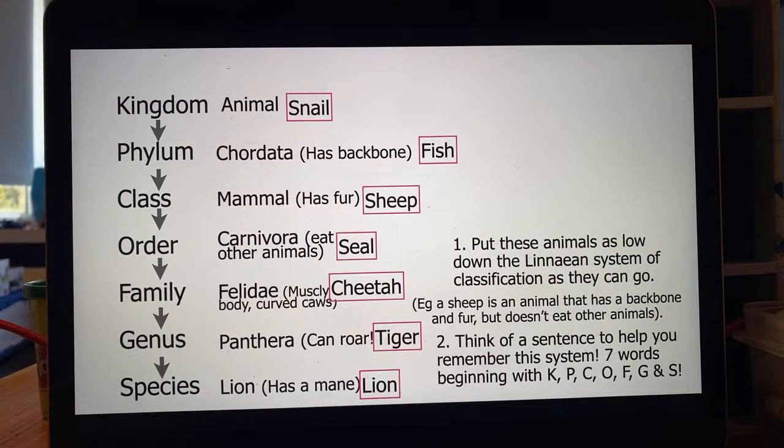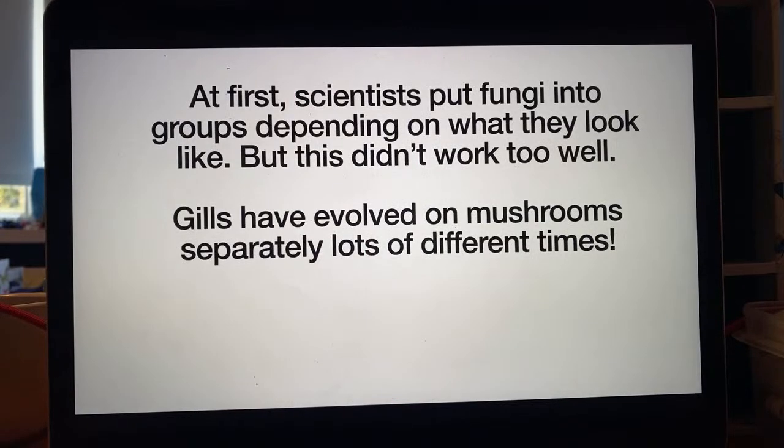But they were coming up with some excellent ways on Facebook yesterday. Lots of interesting sentences to remember that order. Might get you a mark at GCSE at some point. Right, should we press on and start talking about